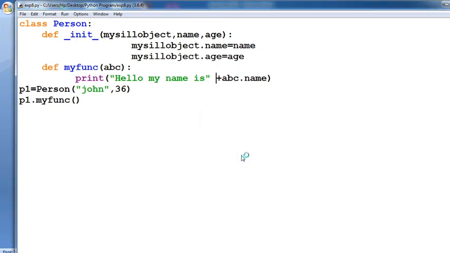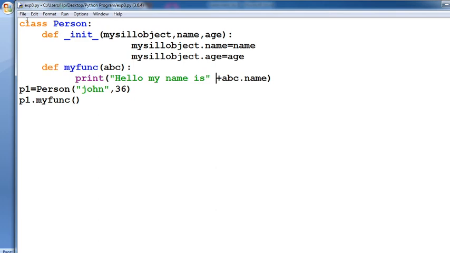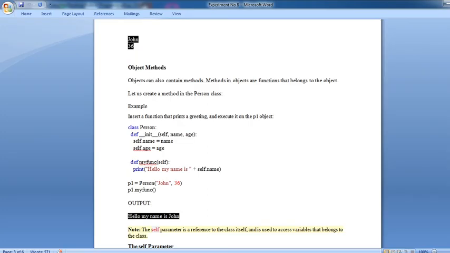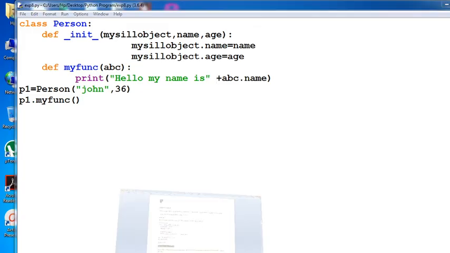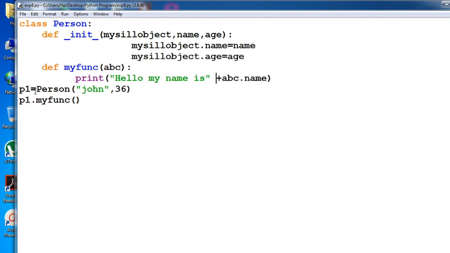Again run that particular module and save that. We will check here again, there is some minor error, see, again an error at line number 7 is displayed. Now init, mysillyobject, comma name and age. See again, go to that program and define self, name, age, then mysillyobject.name equals to name, then age, p1 Person and so on.